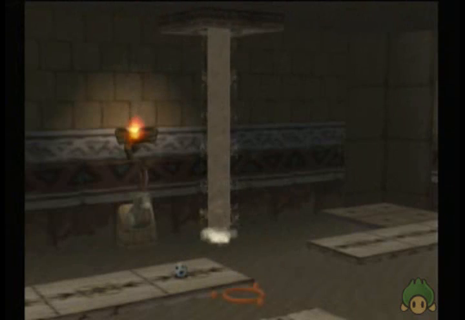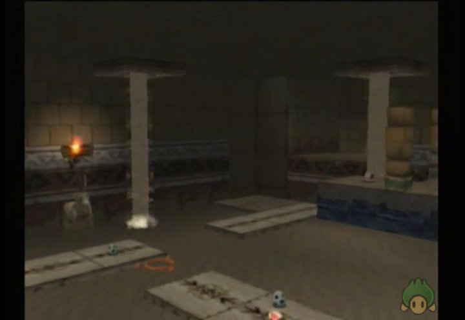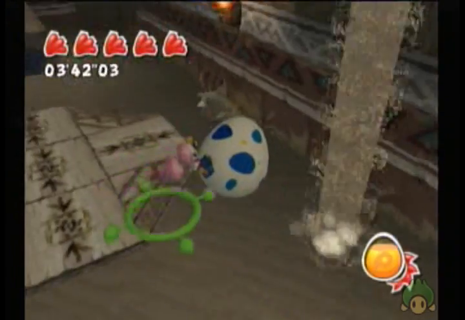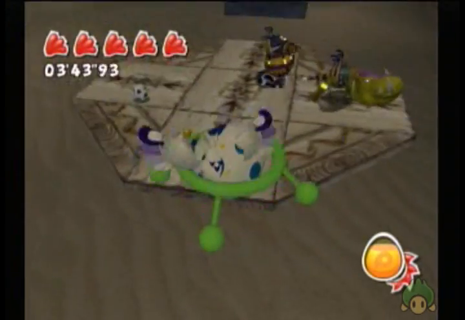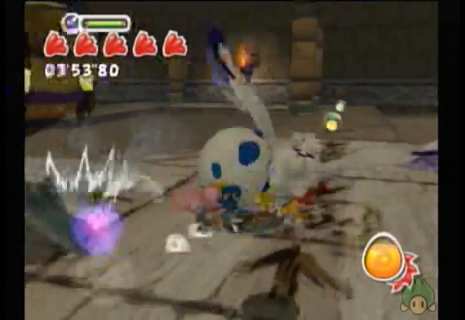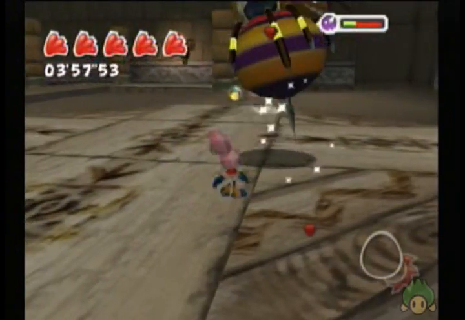This one's a tricky one because you have to get into this green hoop almost instantly, I think. So we're going to try to do that. And then get up this. This is where you should stay. Well, I'm going to go over here just for safety. Yeah, we're going to get the... Oh, jeez. Hello. We're going to get the...